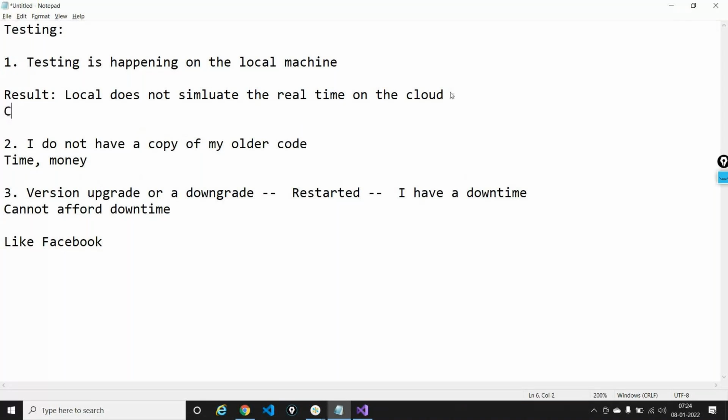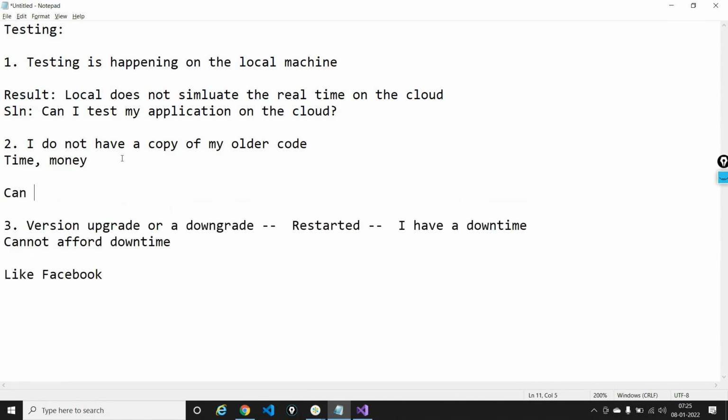So can I test my application on the cloud itself? This is the first solution that I'm asking: if this is not the ideal way, then can I test my application on the cloud? Somehow I want to take my application to the cloud and test there. Then, I do not have a copy of my old code. So can I store a copy